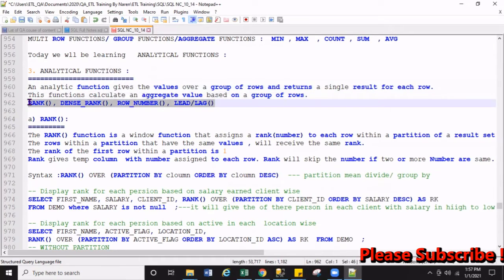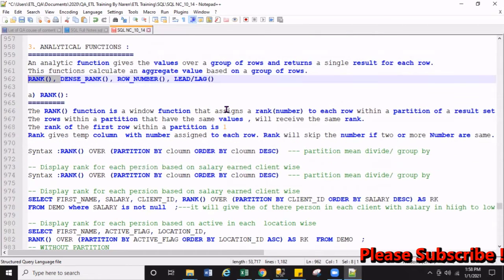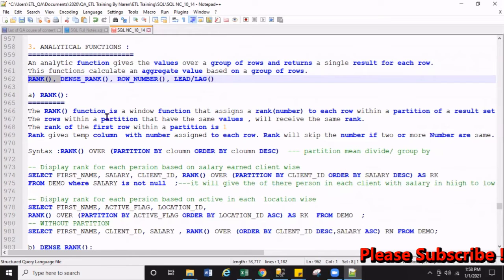There are four main sub functions we will discuss: rank, row number, and lead and lag functions. Let's read one by one in detail.